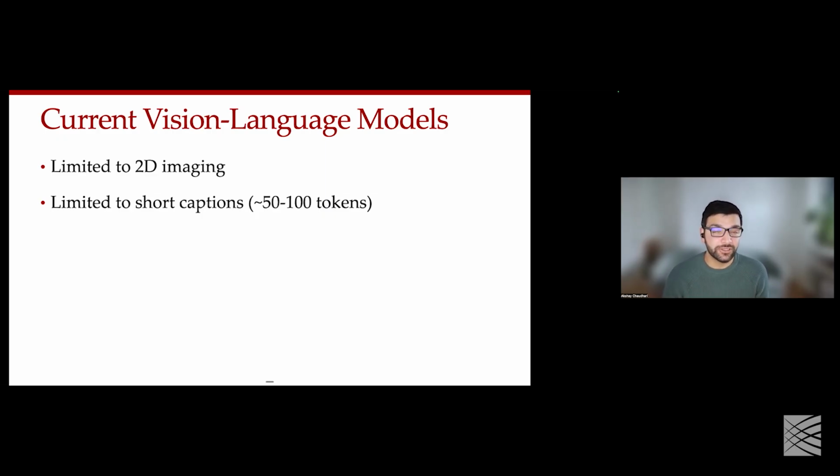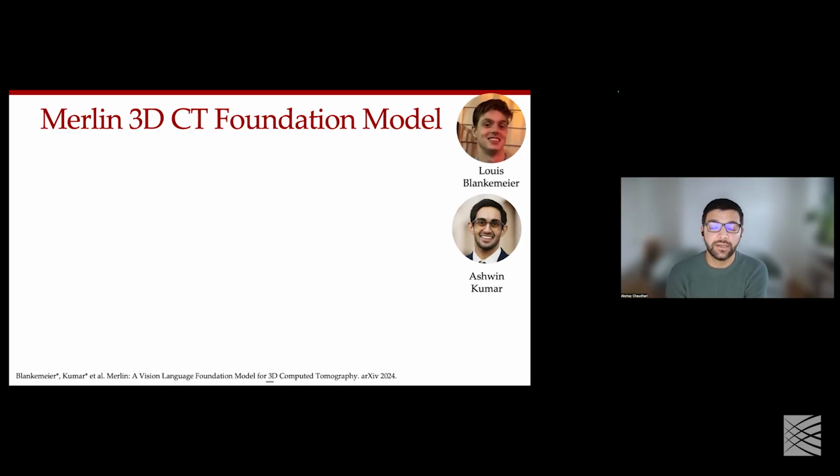We wanted to take a first stab at improving the capability of these radiology foundation models. So we're excited to create this model that we call Merlin. Merlin is a natively 3D foundation model that allows for the interpretation of abdominal CT scans. The reason we chose abdominal CT scans is because they're ubiquitous in healthcare.